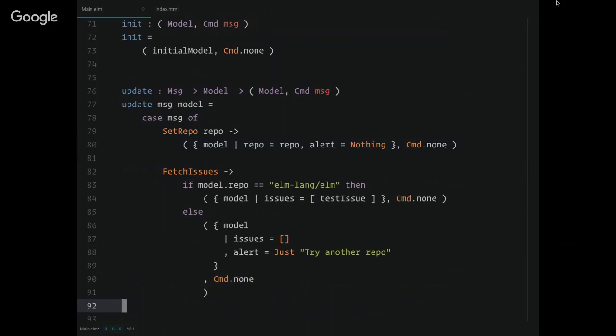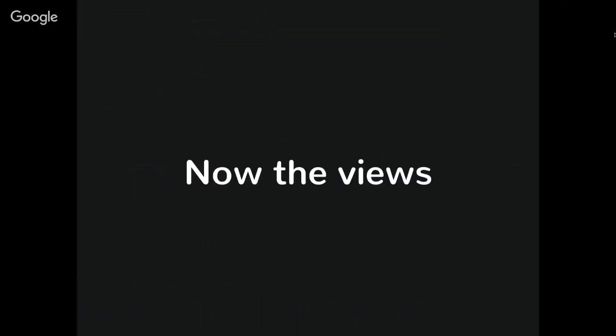And then this is where some sketchy fake magic happens here. So if the model repo is equal to that specific repository name, I want to load the test issue up into memory. Otherwise, I just want it to return, this doesn't exist, set the alert to try another repo, and return an empty list. And again, this is just to get around not making HTTP calls.